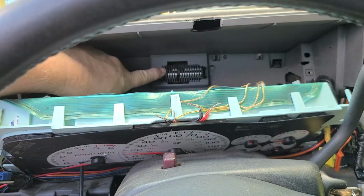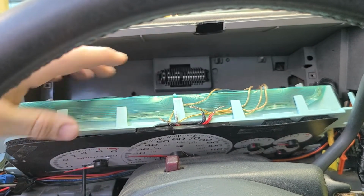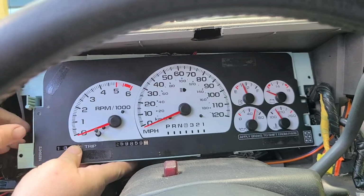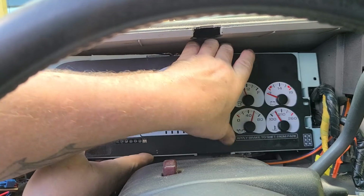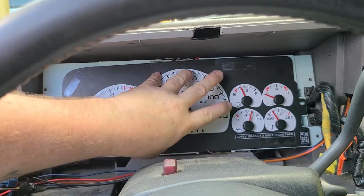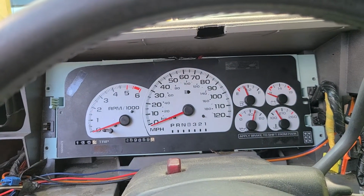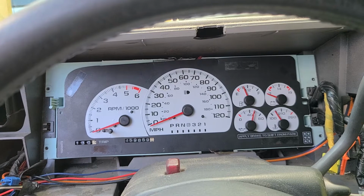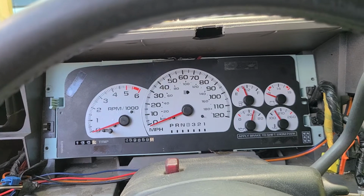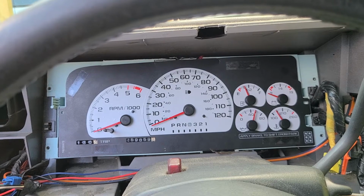Now you see this wire plug here that stays in here, and the back of the dash has the connection, and there's no clipping for that. As soon as you press it in, everything connects back up. And I don't know why it was beeping like that. So that is how you install and change your odometer from the factory 100-mile-an-hour instrument cluster to the Caddy